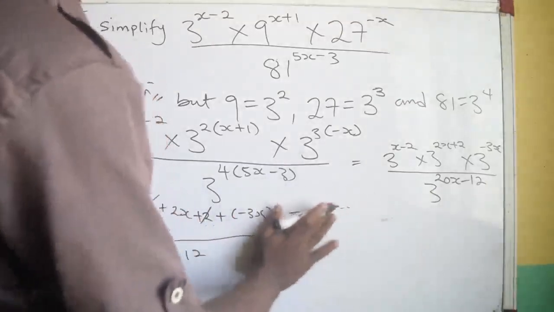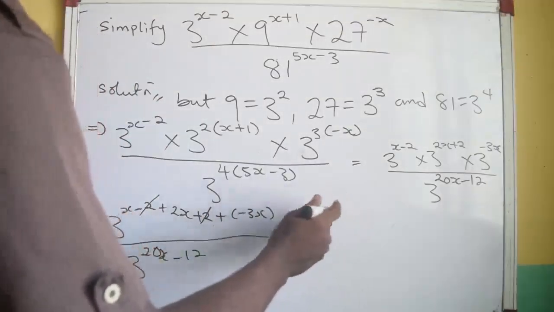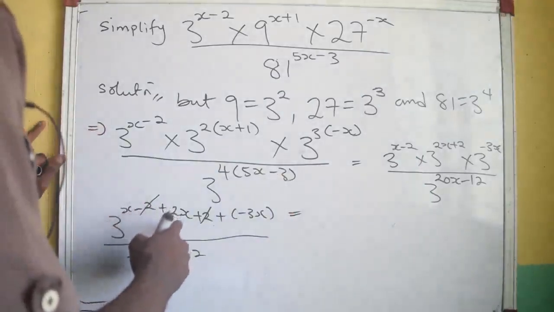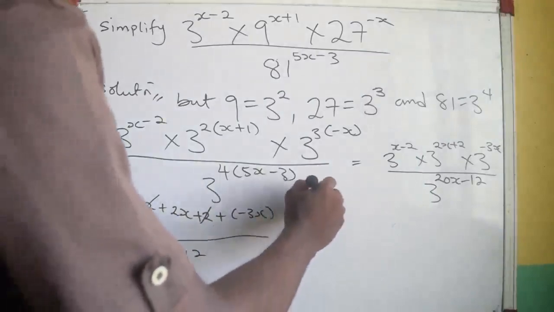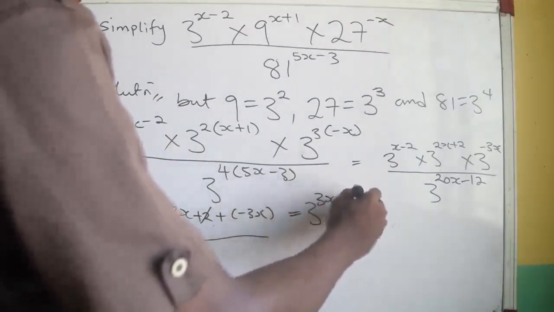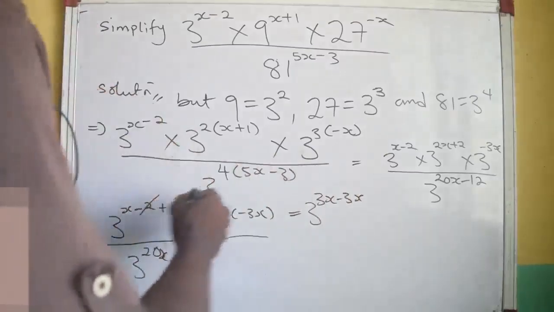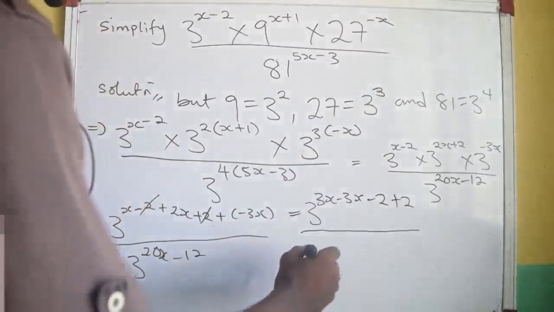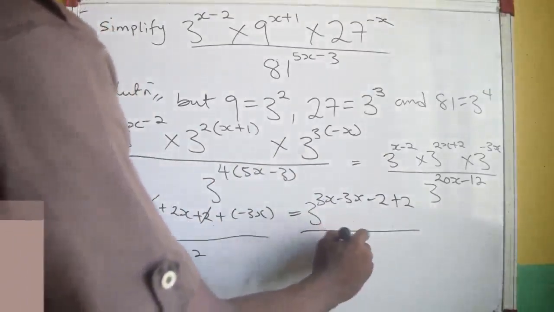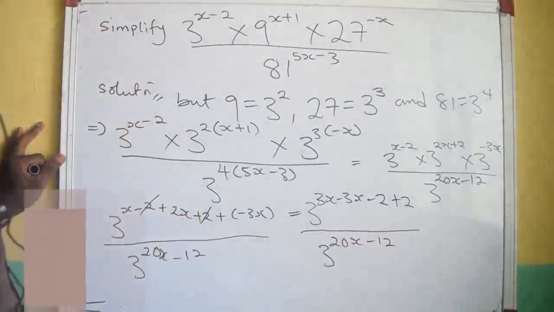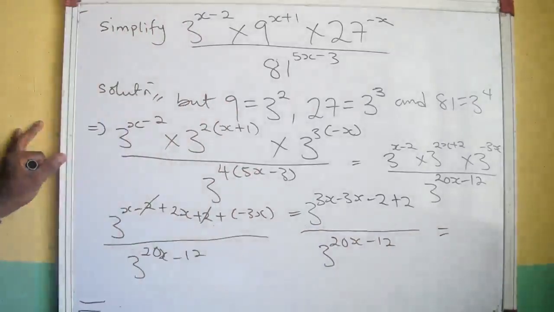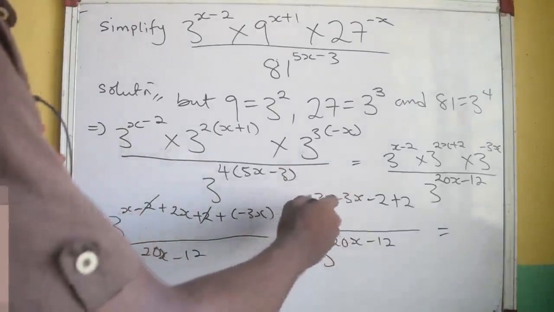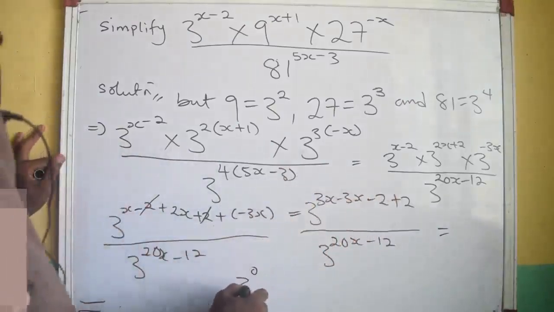So all we have here will be 3 raised to the power. Everything above will give us this, or I can detail it for you. If I detail it, x plus 2x is 3x. We say 3 raised to the power 3x minus 3x, and now we have minus 2 plus 2, all divided by 3 raised to the power 20x minus 12. So this is going to be 3 raised to the power 0, all over